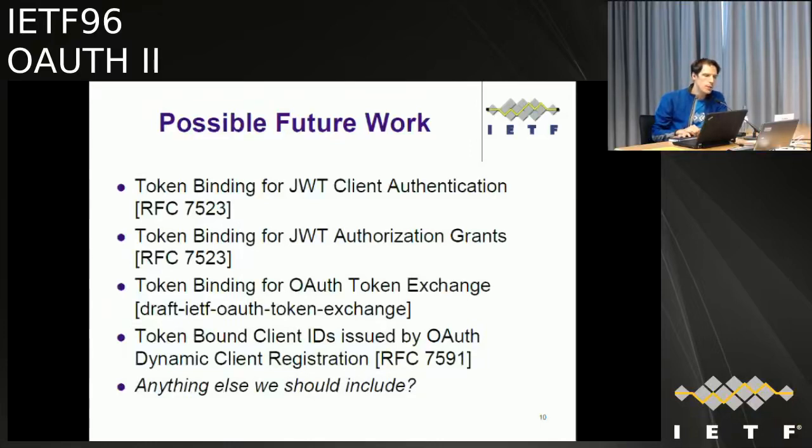At the moment, we have a few documents on this proof of possession. One is the architecture, which is sort of like laying out use cases on why we are actually doing that in comparison to the browser tokens. It talks about threats and so on. That's a very generic document. It's an informational document. It needs to cover the different use cases, because previously we said that we are going to update them, since initially when we worked in a group, we focused on something else. Then there were 2 other documents.